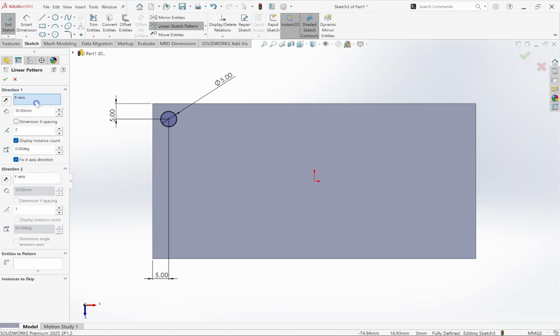Let's select the direction for direction 1. Select x axis, right click on it and clear selection, and then select the direction in which you want your feature pattern. So I am selecting this direction. So it shows H1, and instead of x-axis I will be clearing selection and selecting this axis, this edge, and